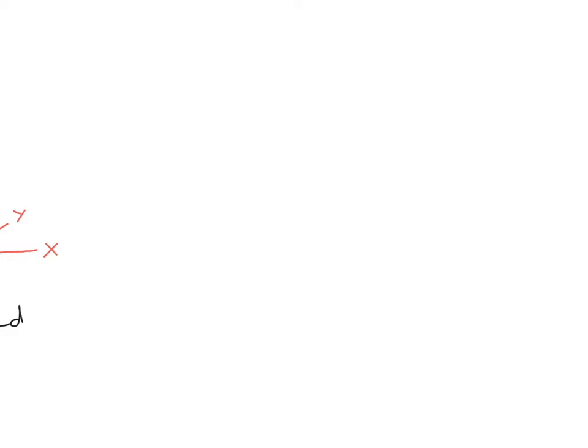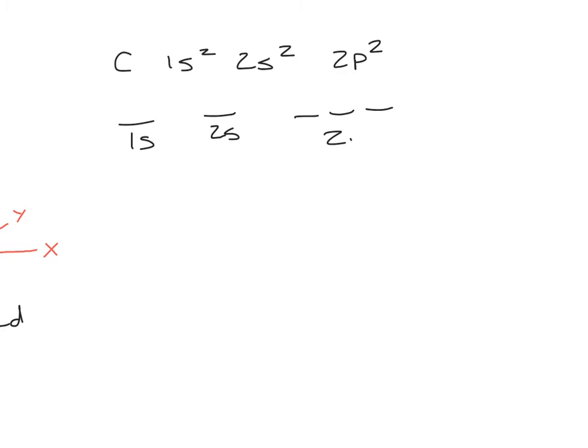So I'm going to start with a really simple one to show how we do this. I'm going to use carbon. If you look at its location on the periodic table, you'll see that this is its electron configuration. And so that means I have one 1s orbital, one 2s orbital, and the p's have 3 kinds of orbitals. So these are the orbitals that I need to use,